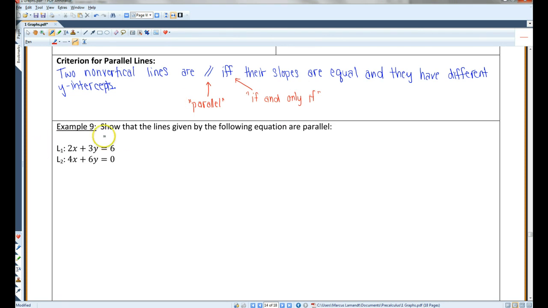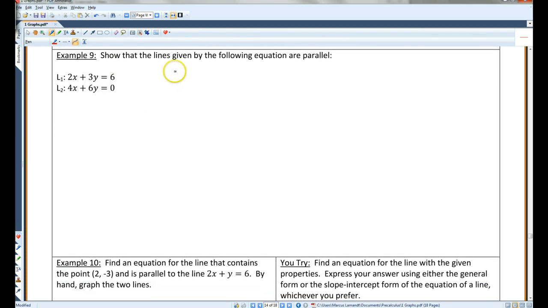Alright, so, for example, show that the given lines of the following equations, there should be an S here, are parallel. So what I'm going to do is find the slopes and the y-intercepts. If the slopes are the same and the y-intercepts are different, then these two equations are parallel. So let's take a look at the first equation. I've got 2x plus 3y equals 6. I'm going to put it in slope-intercept form. So I'm going to subtract 2x, 3y equals negative